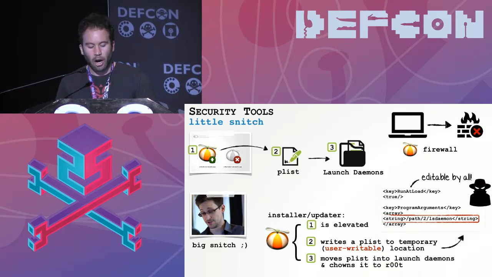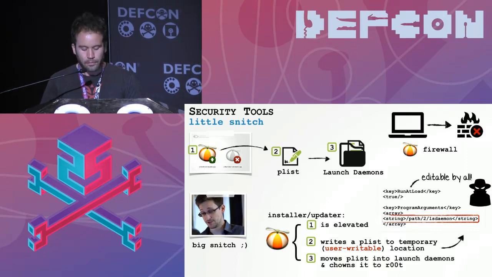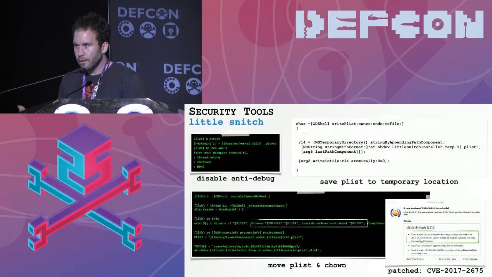So the issue was the authorized installer, which again is running as root, wrote a property list to the temporary directory. It then moved that into the launch daemons directory where it would be loaded and executed as root. So again, what local unprivileged code could do was modify that property list when it was in the world writable temporary directory, and then it was moved into the system launch daemon directory and executed, the malicious code would get